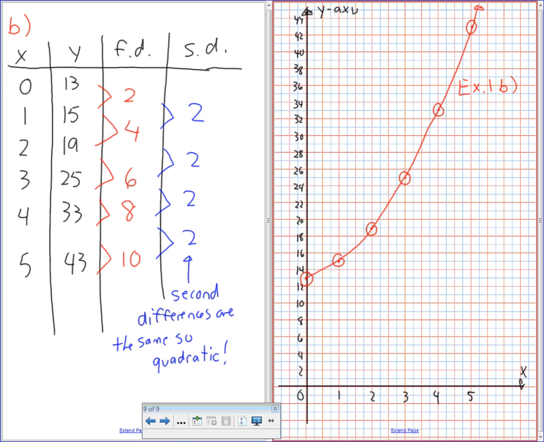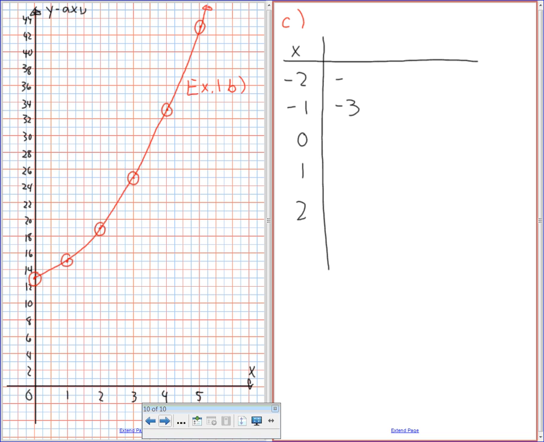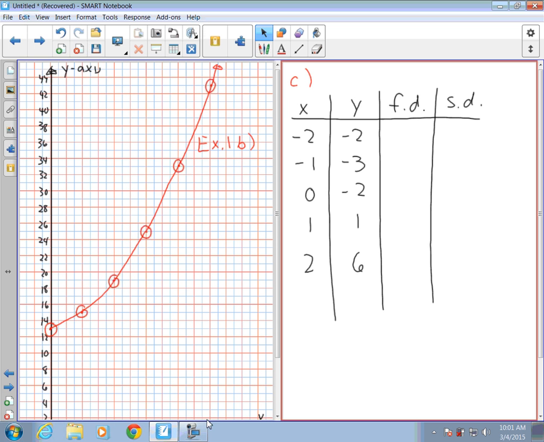Okay, here we go. Here's example C. Hopefully the computer doesn't die on me here again. Okay, so there's your graph. I'm going to hit pause in the video and try this one out, and then